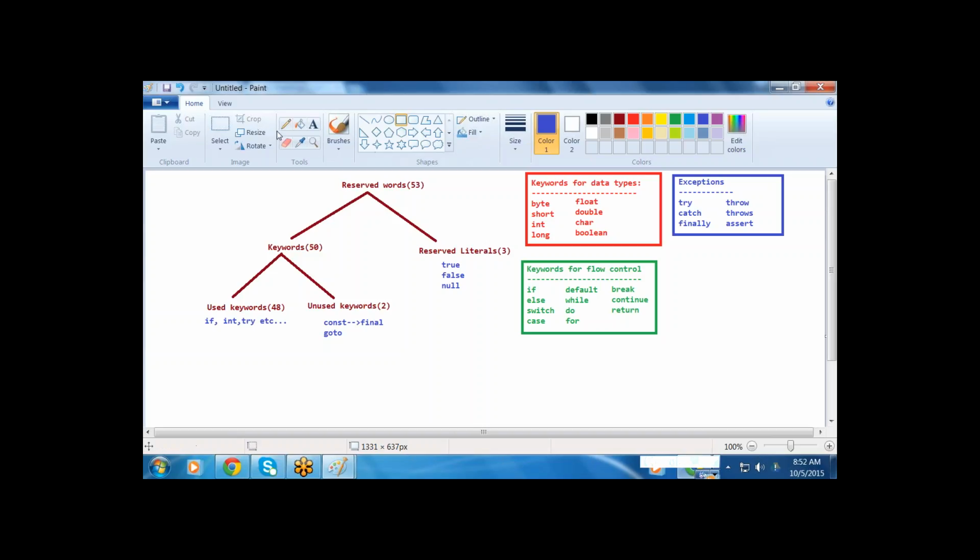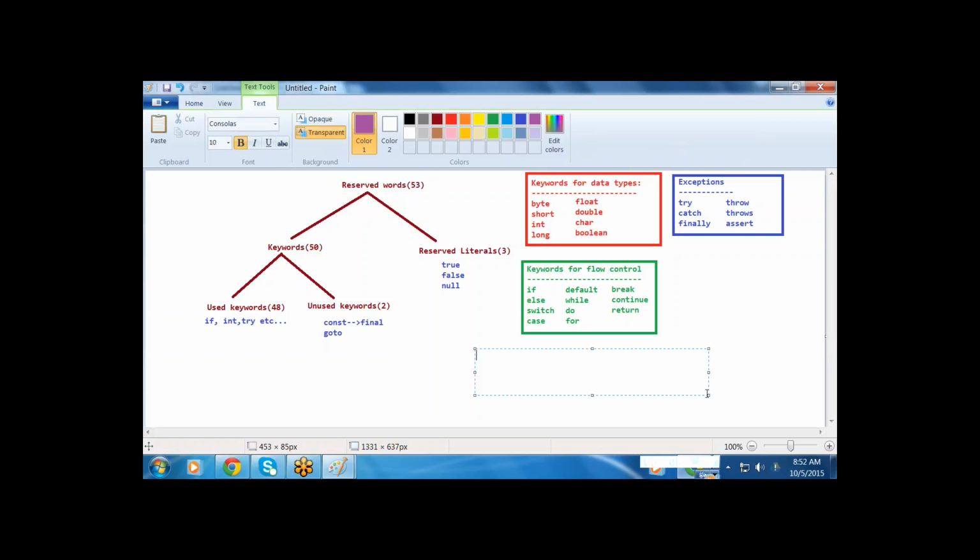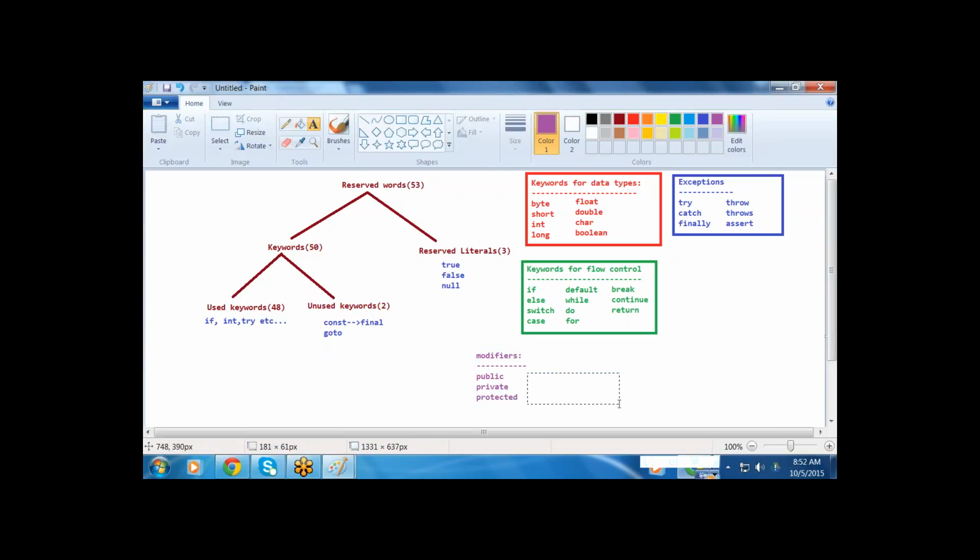Next one here is, what are the keywords for the modifiers? See this one. The first one here is public. Next one is private. Next one is protected. After that we have static,